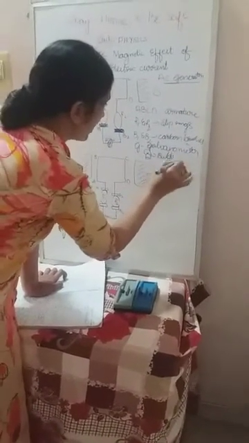In the external circuit, meaning outside of the circuit, these carbon brushes' ends are connected to the galvanometer, or instead of a galvanometer we can use a bulb also. So this is the setup of the AC generator or AC dynamo. I'll recall the setup for you again, so concentrate properly.